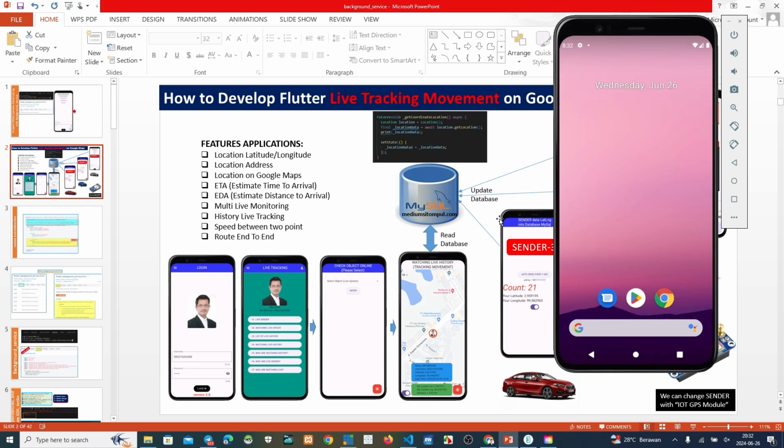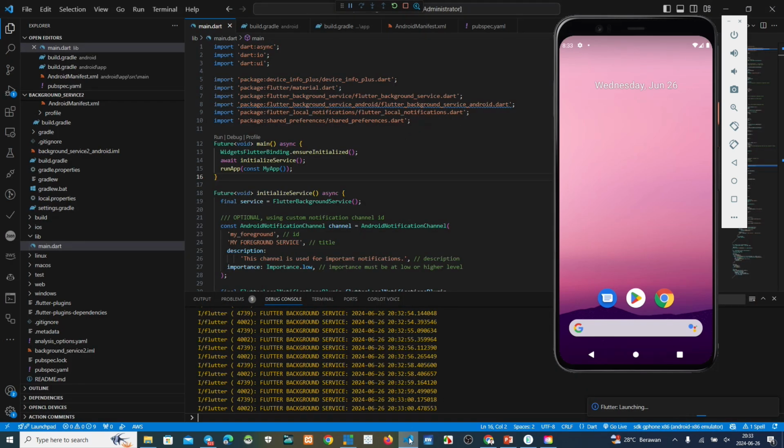But if we use the background service, it always wants to send the data every second. It depends on your project. In my project, we send this lat long to the server every 5 seconds. Okay, we see again until this finishes.